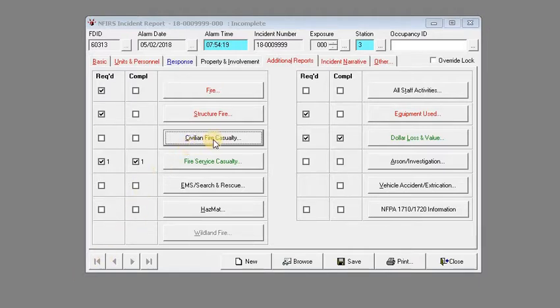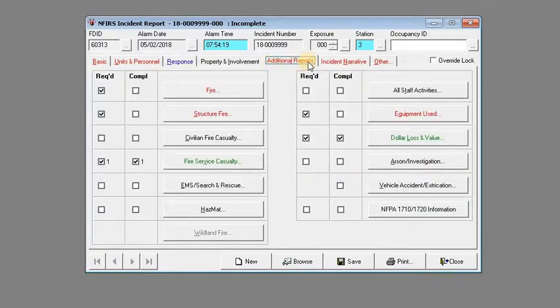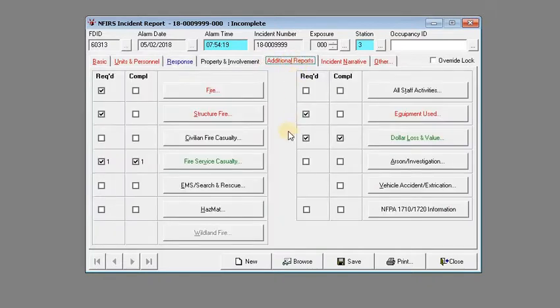A civilian fire casualty report is located under additional reports and also under the response tab. When you fill out the report under the additional reports civilian fire casualty, it will update the information under responses, under casualty, patients, and victims. So you'll start by going to the civilian fire casualties,